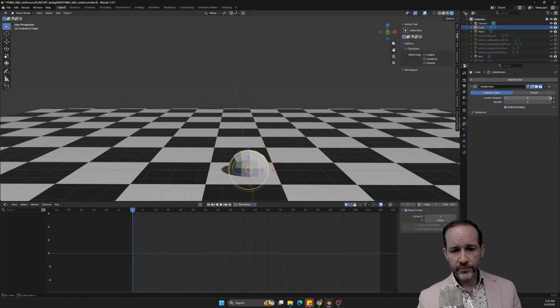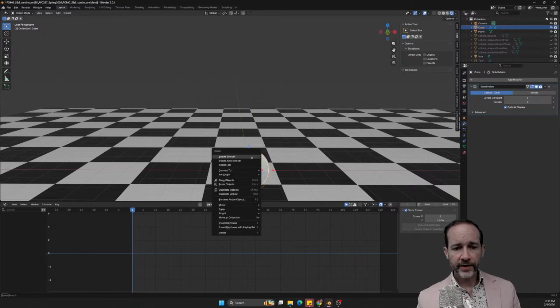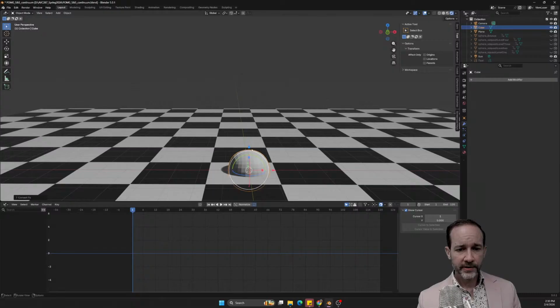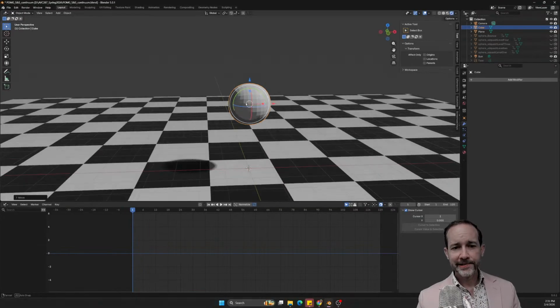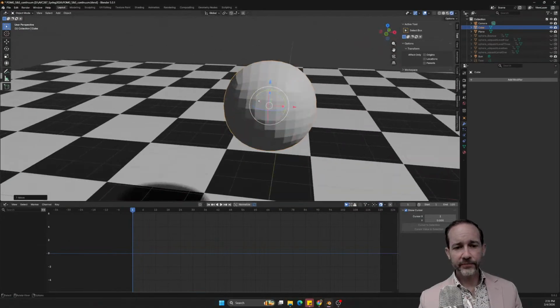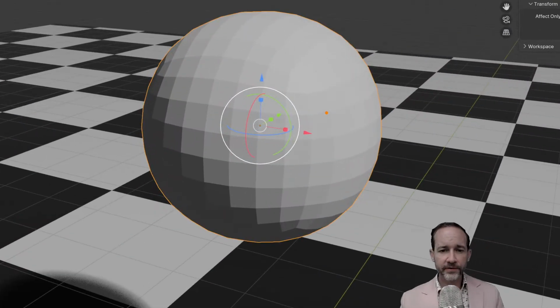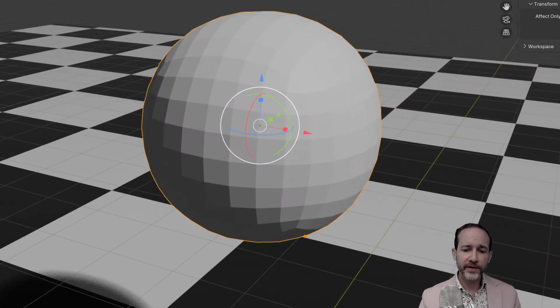I'm going to go one more there, and 3. And then I'll right click and say convert to mesh. And so this gives me the kind of topology I would want. You see for this instance, this is a little bit different topology than the UV sphere because we have sort of these 4 faces.